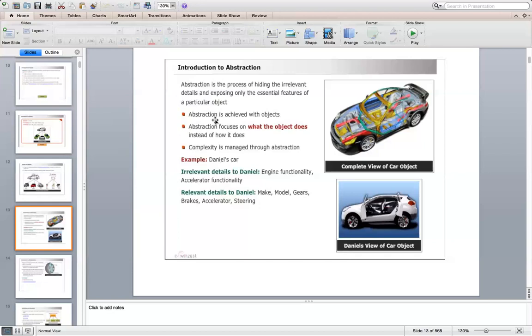In the background, you have many internal details and you don't bother about that. What is important to you is the functionality that is provided. That is possible with the help of abstraction. In Java, we have the implementation units for this abstraction. We have a class which has some abstraction. We have an abstract class which provides 0 to 100% of abstraction, and we have interfaces that provide 100% of abstraction. So varying levels of abstraction are possible in Java with the help of classes, abstract classes, and interfaces.